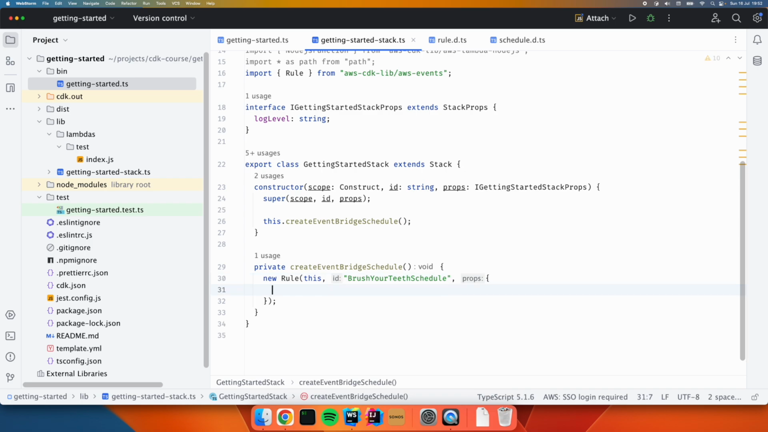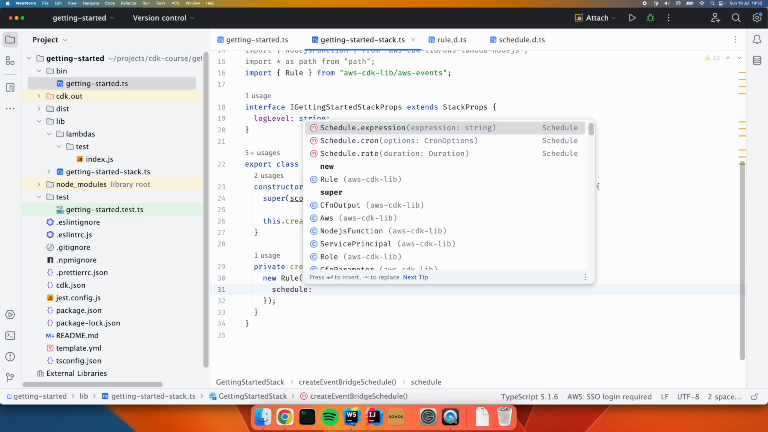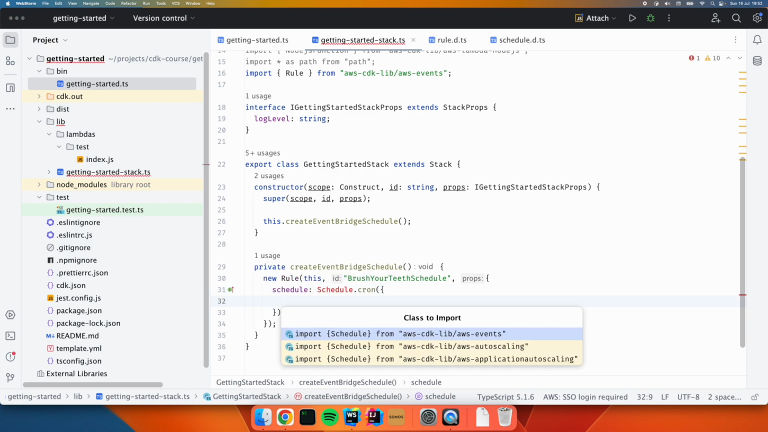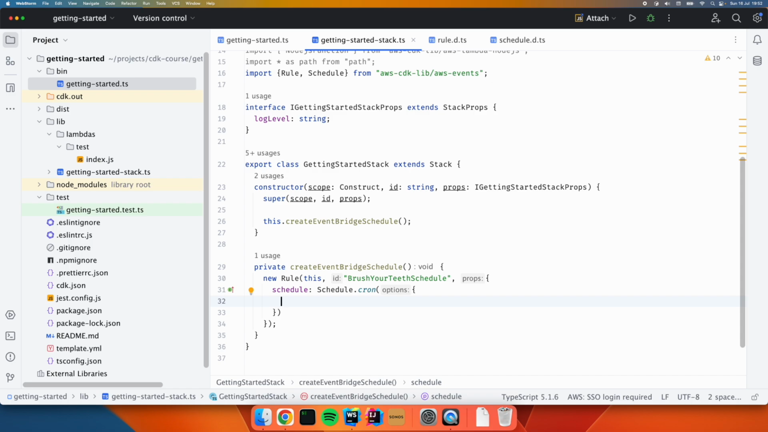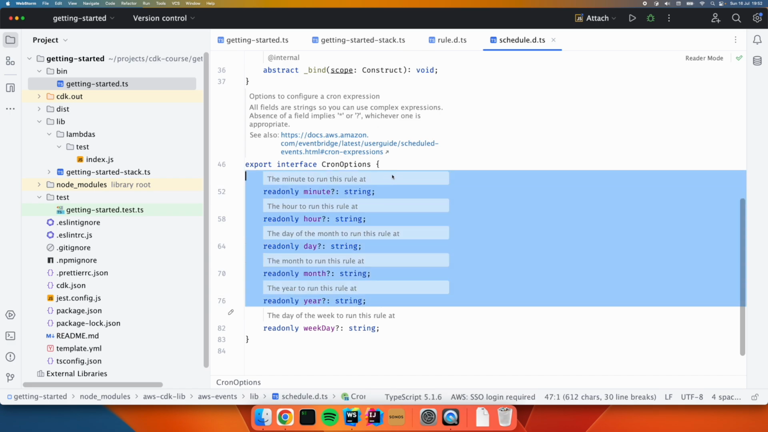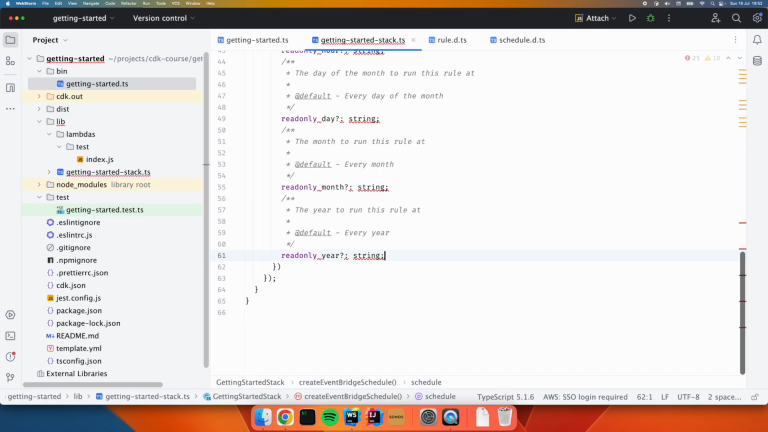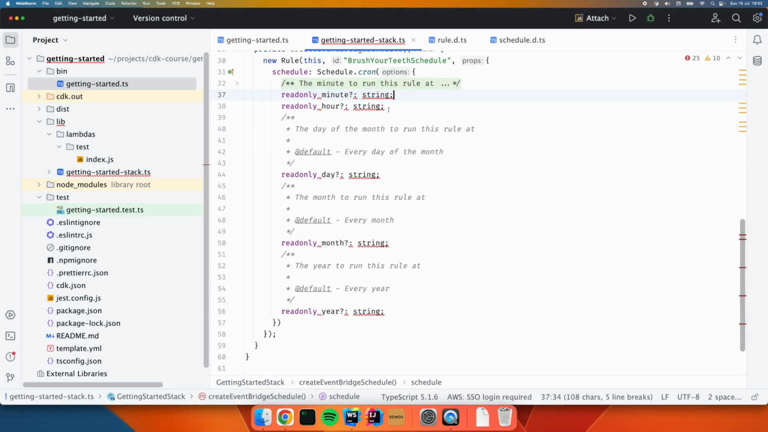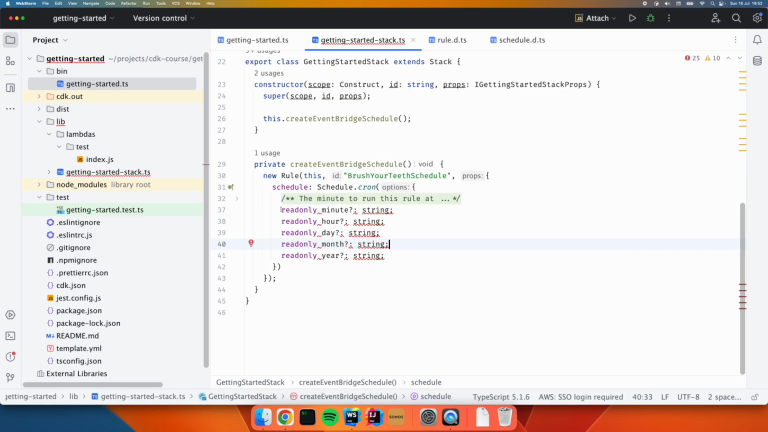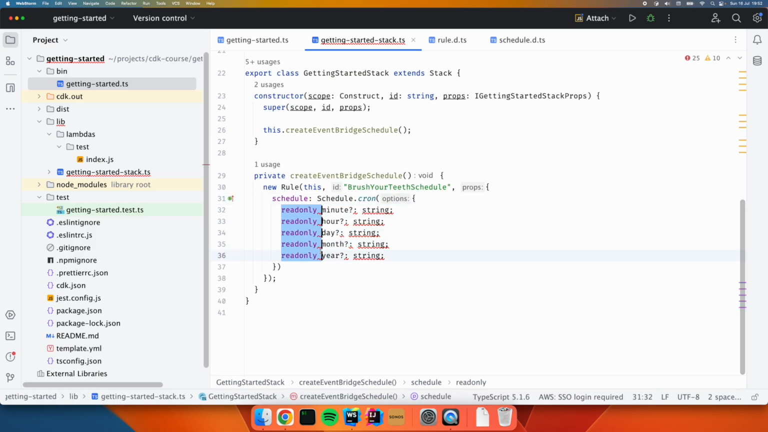So let's pass in the schedule property. And let's say that's going to be schedule.cron, and then inside of there we can, oops, sorry, I've got to import that. And inside of there we can say that it's going to be every morning, isn't it? So let's see what options we've got in here: minute, hour, day, month, year, and weekday. So I'm just going to copy these across. I'm not going to do weekday because we're going to specify a day instead. And I'm going to lop off these comments here. Clean this up a little bit so we can use it as properties, and then we can clear those off